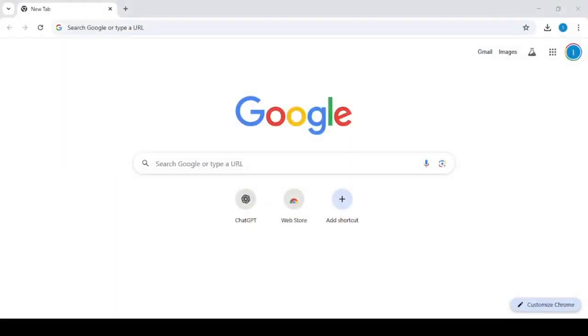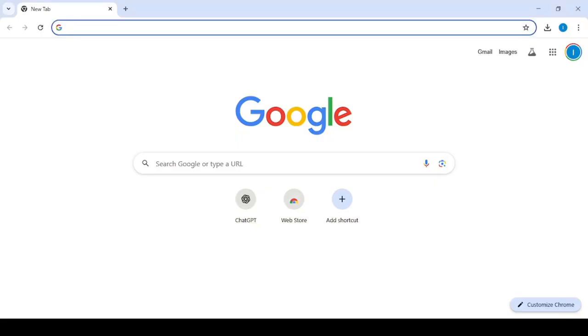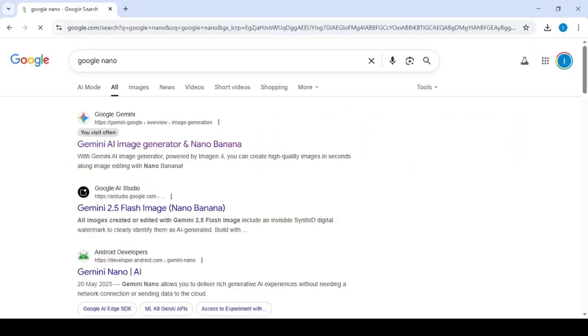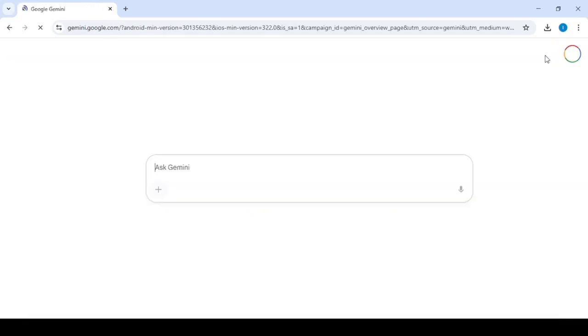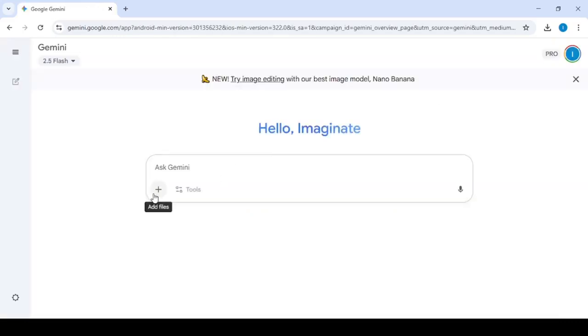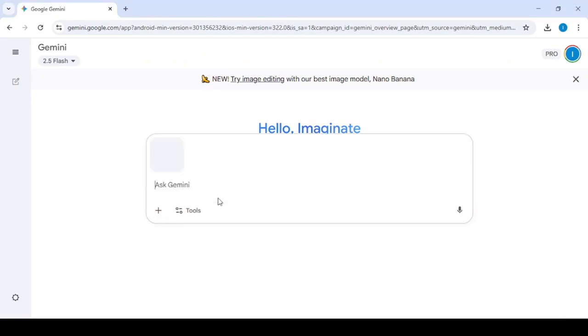Step 1. Open Google Chrome and search for Google Nano. Step 2. Select the first link and on the home page, click Try Gemini. Step 3. Once on the Gemini page, click the plus icon, choose Image with Nano, and upload your AI model